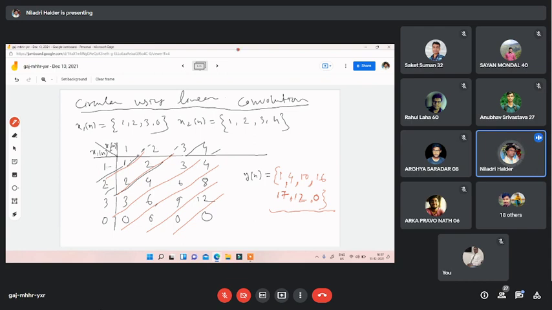1, 2, 3, 4, 5, 6, 7, a range of size 7. Okay. That defines that if we make x(n) of size 7, the DSP processor will operate perfectly. So in that case, x1(n) will be considered as size 7, x2(n) will be considered as size 7, and the output you will get is of size 7. So that is your next method to calculate a circular convoluted value using the linear convolution method.